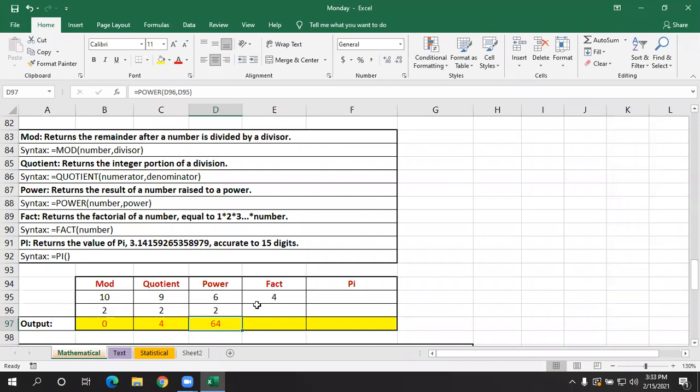If I give 3 instead of 2 and to the power 3, what will it display? 3 to the power 3 is 3 3s are 9, 9 3s are 27. Okay, if you want to know the power value, we have to use the function POWER.